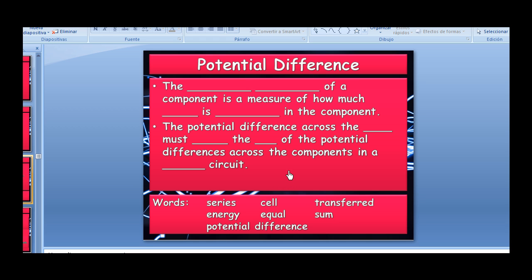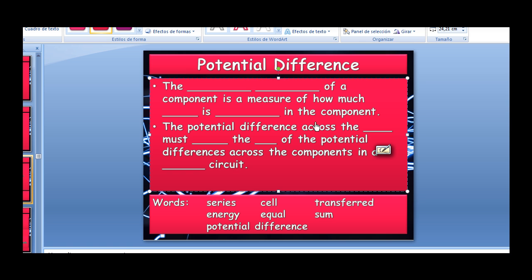Okay, so it says the something something of a component is a measure of how much something is something in the component. So that's two words, and that's already a clue, because the only thing here with two words is potential difference. So the potential difference of a component is a measure of how much energy is transferred